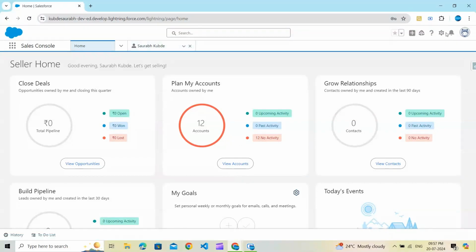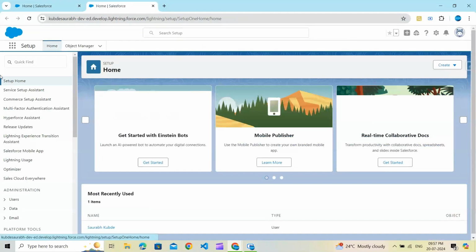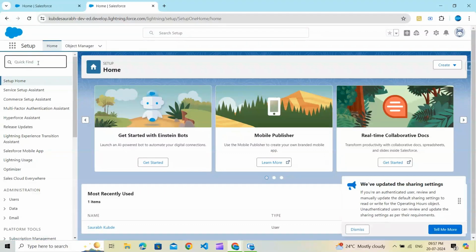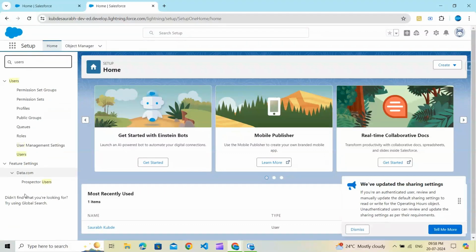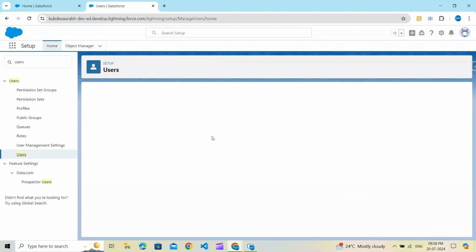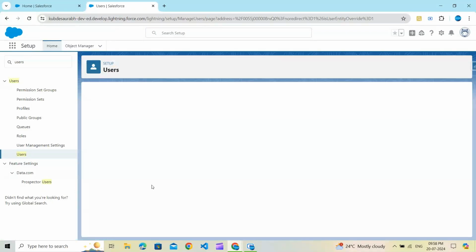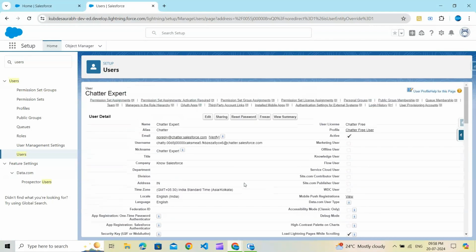So first of all, you need to click on Setup, then search for Users. So here is my user list. I want to change the user language for the Charter Expert user. So open that user detail page,